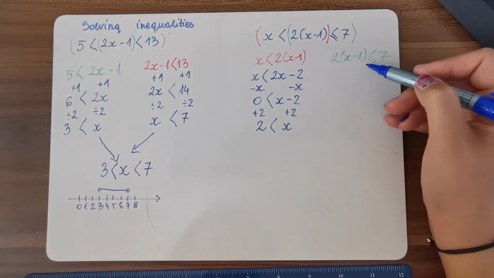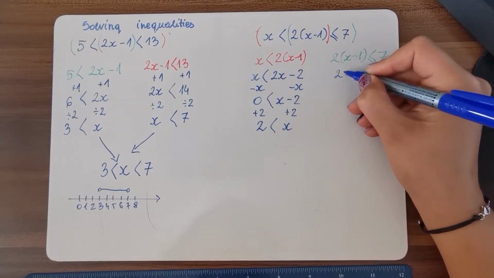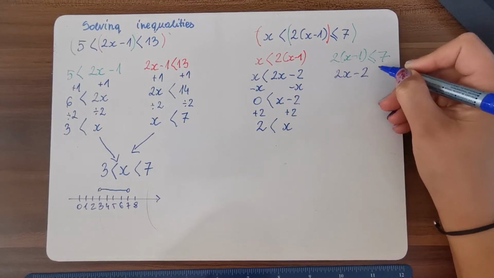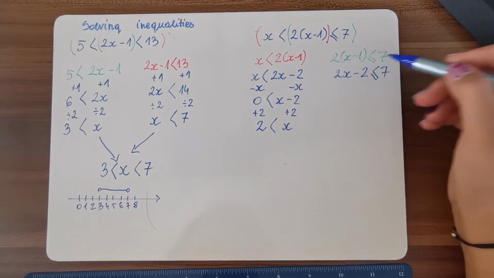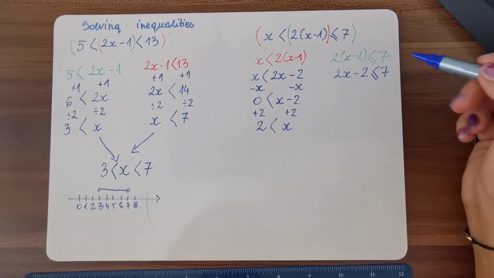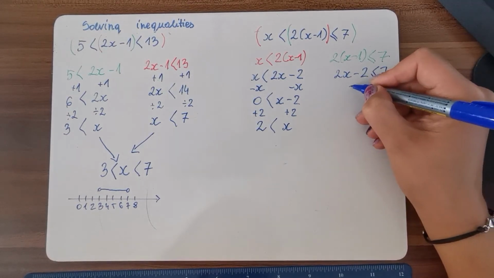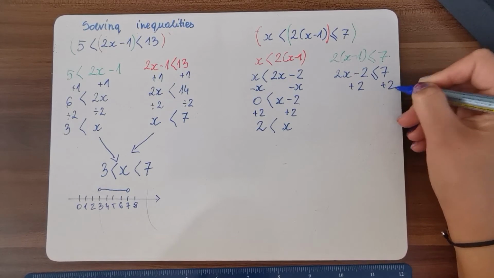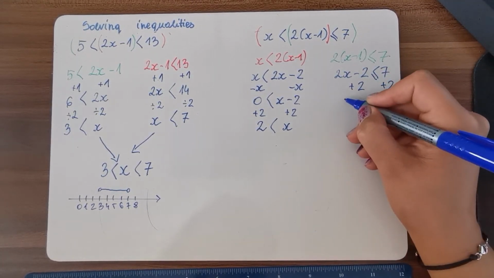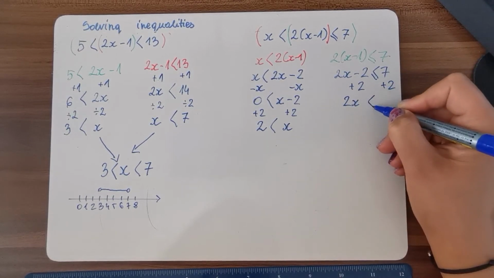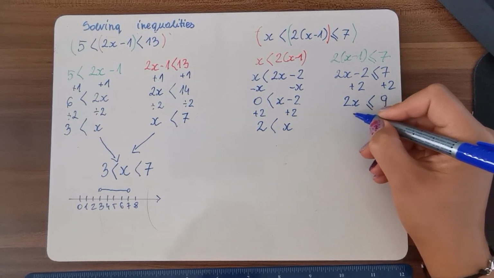The second inequality we will start exactly the same, so we will expand the bracket, so we'll get 2x minus 2 must be smaller or equal to 7. Now we need to move negative 2 to the right-hand side of the inequality, so we need to cancel out negative 2, so we need to do the opposite operation. We will add 2 to both sides. We will get 2x minus 2 plus 2 is equal to 2x must be smaller or equal to 7 plus 2, 9. Now we need to divide